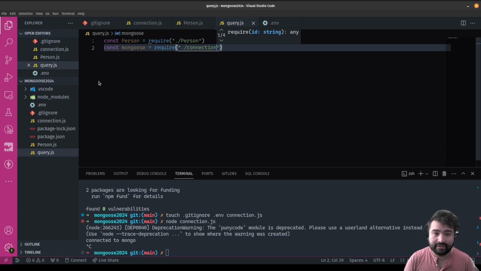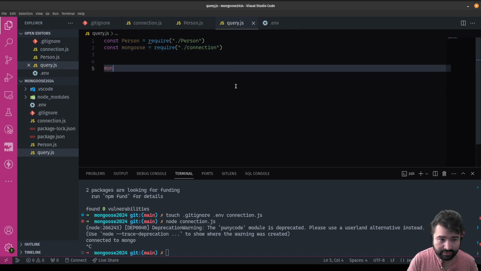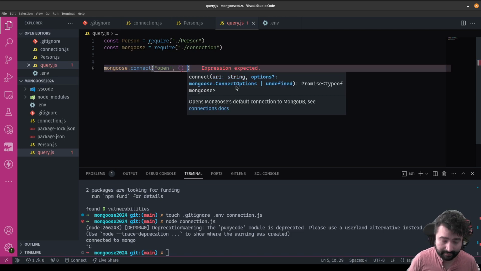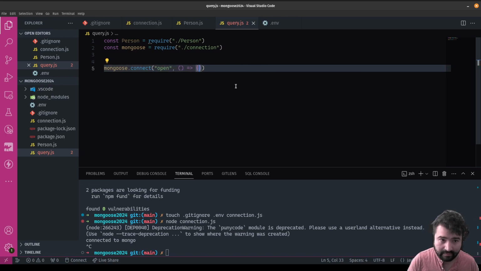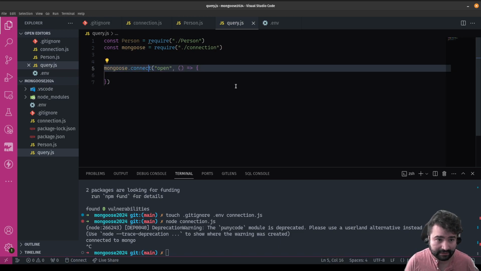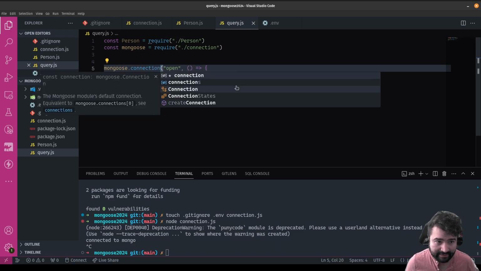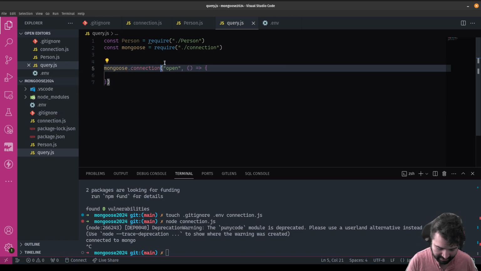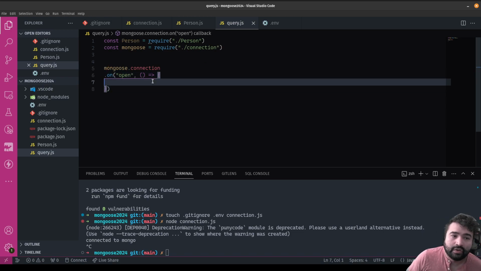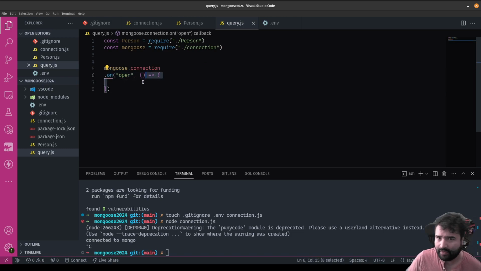Okay, so in order to make sure that the connection is open, I'm going to use those mongoose events. So I'm going to say, hey, mongoose.connection, and when the connection is open, that's when I want you to run my code. Mongoose.connect, no, that should be mongoose.connection, because it's the connection object that has the .on function, and I should say .on. Okay, sloppy. There we go. Cool. And inside this callback is where I would do any code I want to run. So in this case, what I want to do